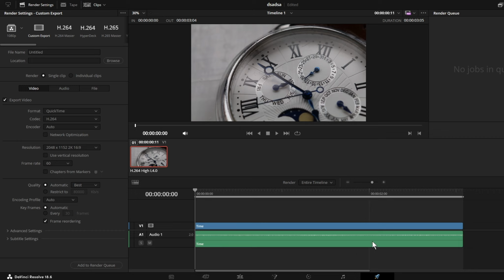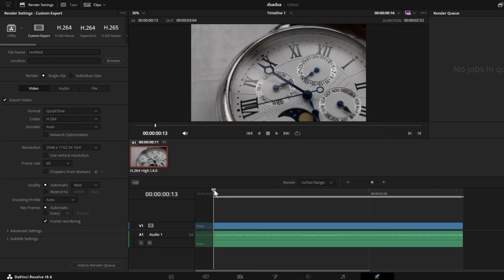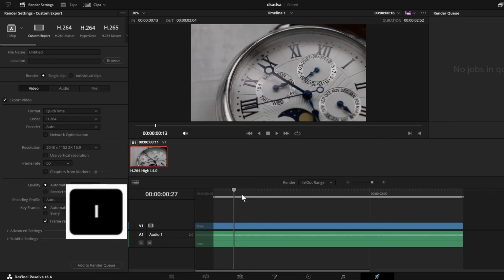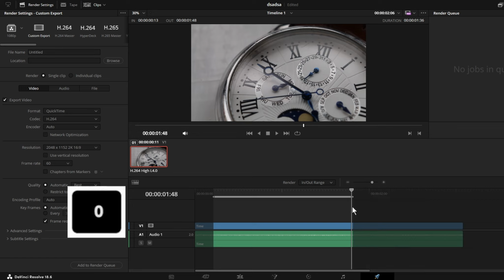So if I want to export the entire timeline, then I have to check on this, like entire timeline I have to click on, and then you can see my entire timeline is ready to export. But if you want to export a particular clip, then you have to click on In/Out Range. You can just press I on the keyboard where you want your video to start. So I want to export this clip from here, so I will press I on the keyboard, and I want to end this clip right here, so I will press O, and this is how I can export a particular clip